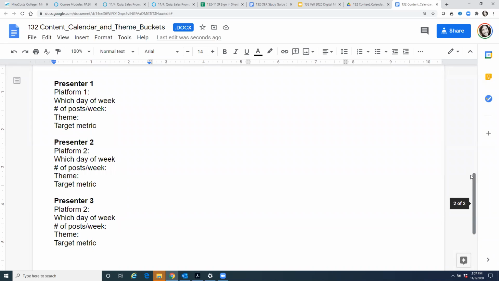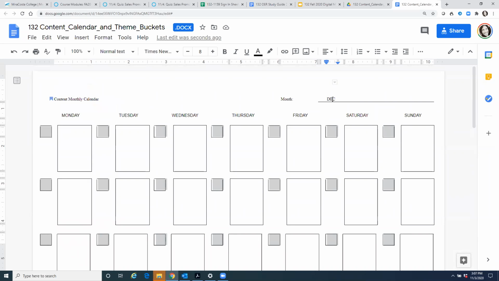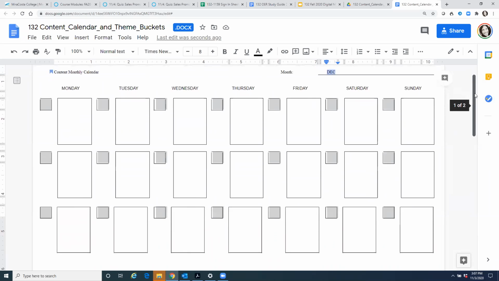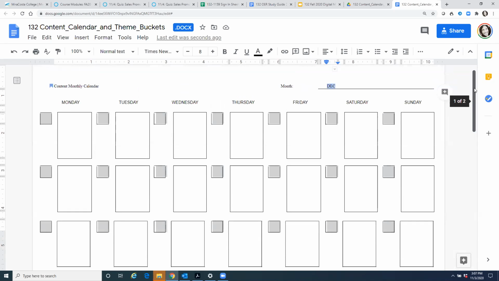So let's assume that you're going to write this content calendar in December. So what's happening in December? It's obviously a huge gift giving month. So my theme for YouTube is, I'm going to do decoration tutorials. And your product is going to be inserted in there as part of those tutorials, right?